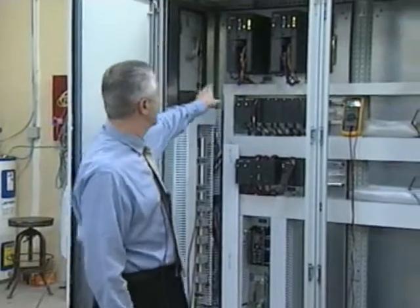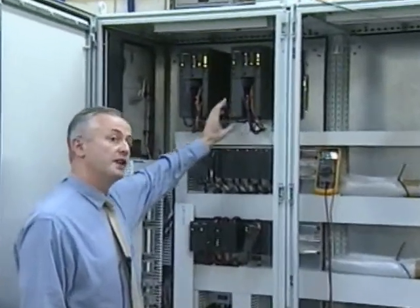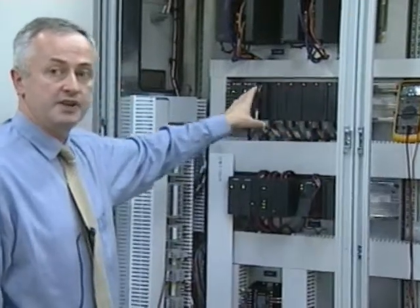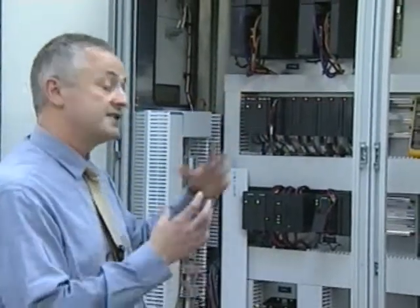What we have up here is the actual CPUs. There's actually two CPUs. They're redundant. If one CPU fails, the other one will take over automatically. In this area down here, we see some I/O modules. These are input-output modules that are used to take sensor information and bring it into the PLC. Once it's inside the PLC, then we execute the code and determine what action we want to do based on